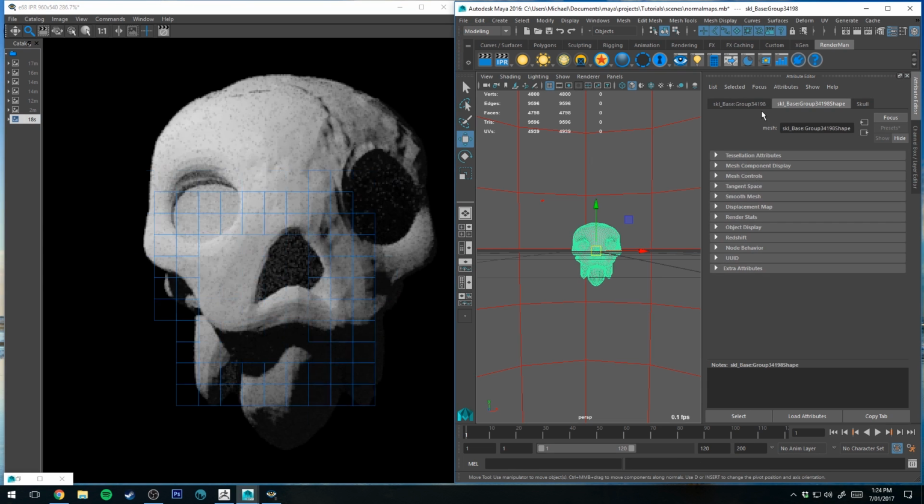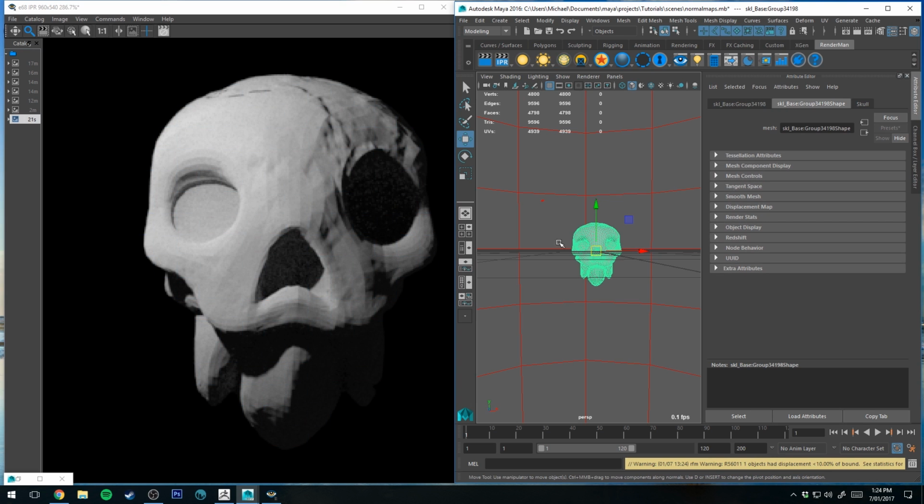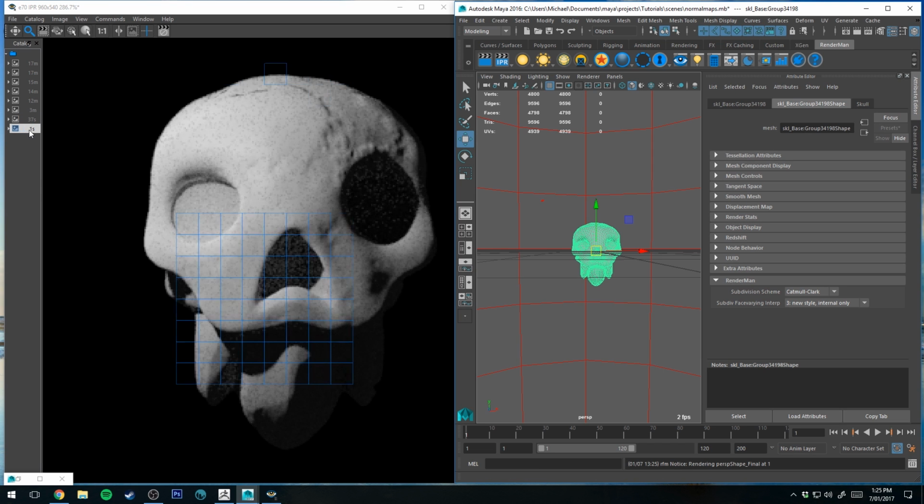So if we select our model, stop that IPR. If we select our model, we go to attributes, Renderman, subdiv scheme. So you'll see under extra attributes you get this Renderman drop down, and it's going to have Catmull Clark, and it's going to be 3 new style internal only. So now when we IPR,